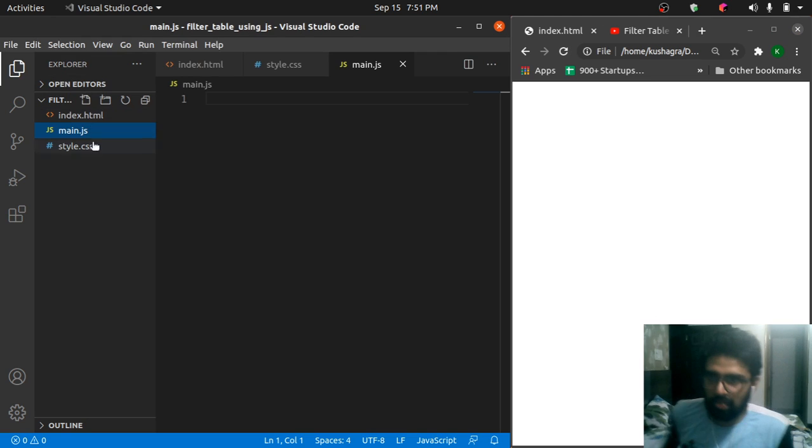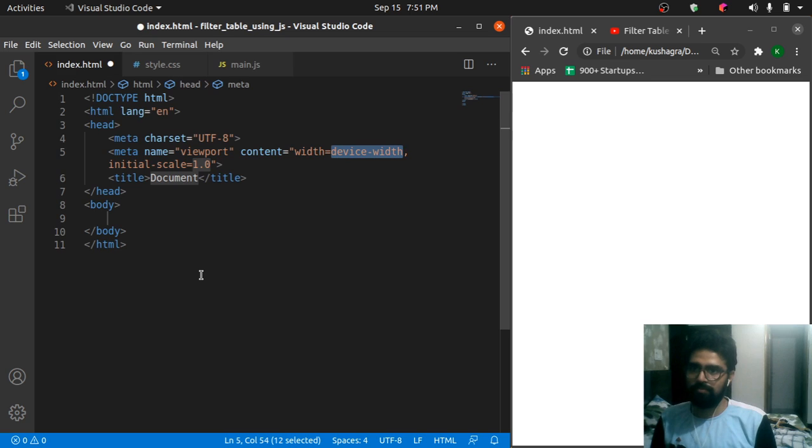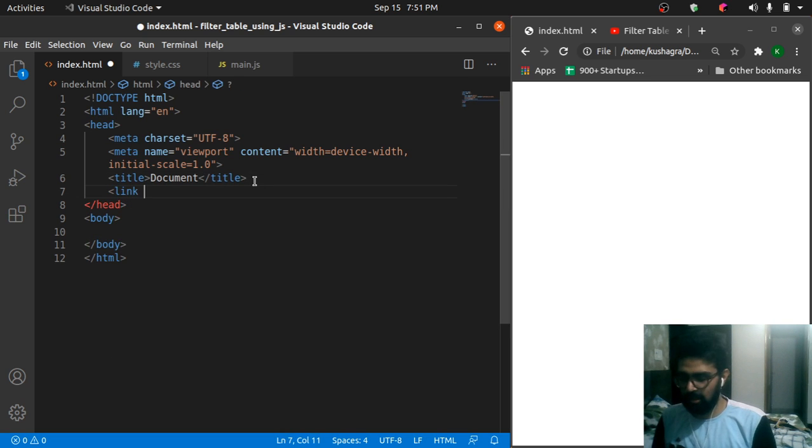So our project contains three files: index.html, main.js, and style.css. So let's just start with the index.html. This is the standard template of index.html. We have HTML document, head and body. So first let's link our